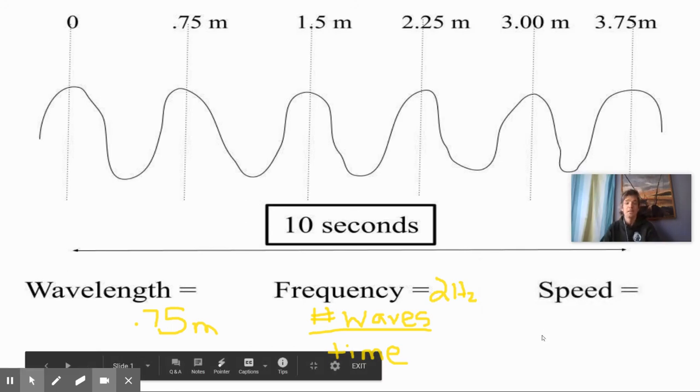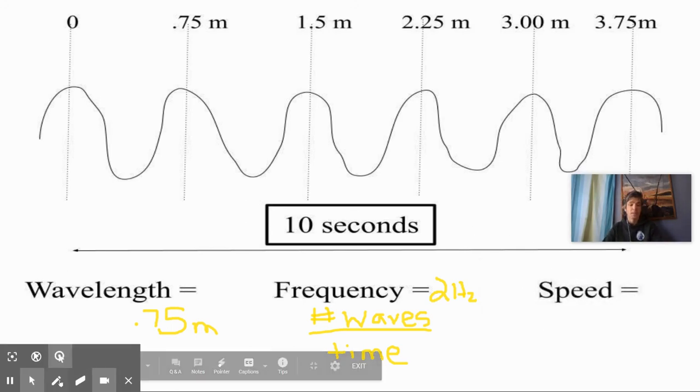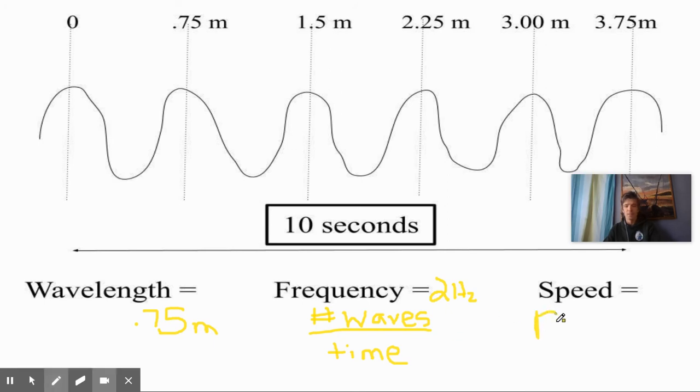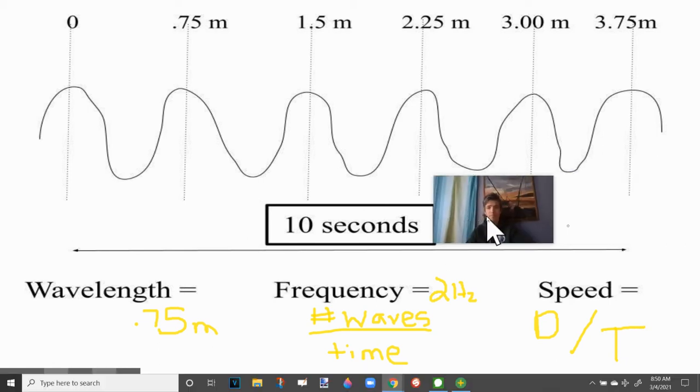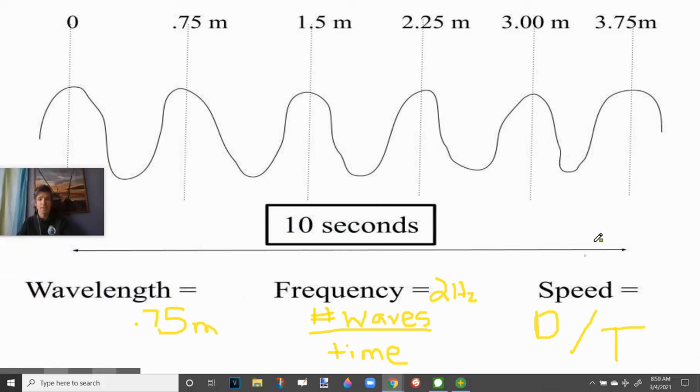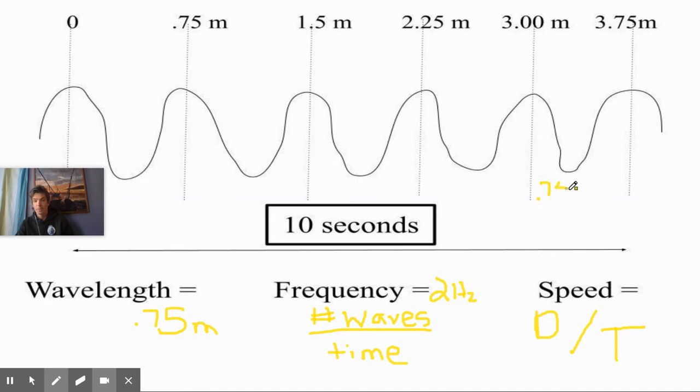Now, speed. Speed of a wave. Speed is distance divided by time. And in this case, how far did it go and how long did it take to get there? Once again, there's many ways that you could divide this up. You could divide 0.75 meters by 2 seconds, and you would get